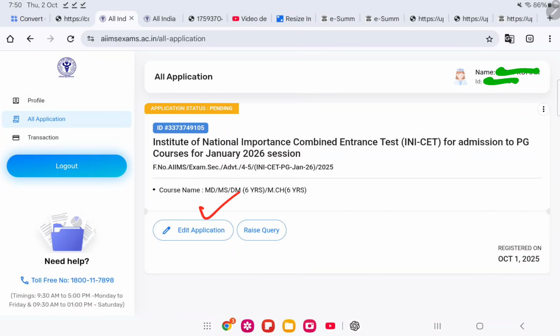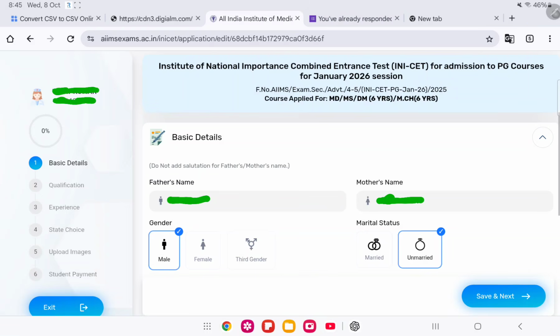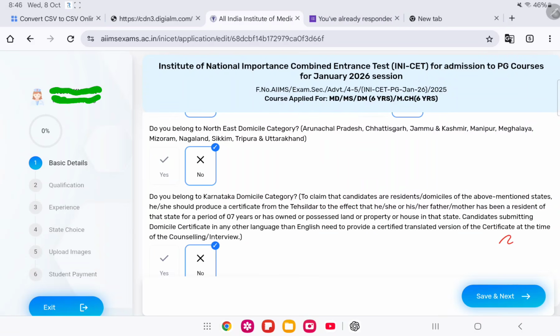And if you want to edit your application, you can select here and edit the rest of the things. Only OTR particulars cannot be changed, the rest of the things you can change. If you want to edit something, then you have to click here. Here you can see that you cannot modify these gray boxes like mother name and father name. You can change your gender, that is possible here, but these gray boxes are not allowed to change. If you want to make changes in your address, qualification details or experience, where you have entered something wrong by mistake, then you can modify it here.